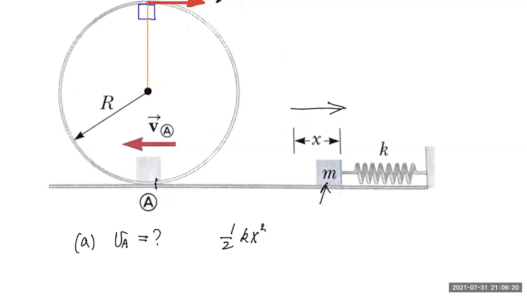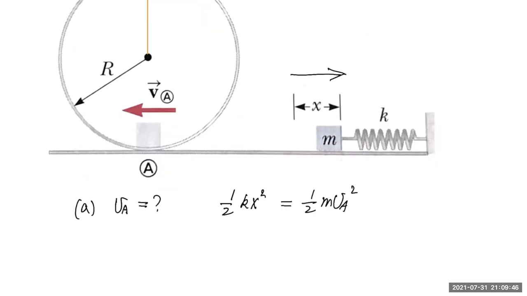It doesn't really matter, so we're just going to ignore that, because remember, what's important is the change in potential energy. And as far as the gravitational potential energy is concerned, it doesn't change going to point A. Therefore, I'm going to ignore that. So this is the initial energy, that's all there is to it. The final energy, when it reaches point A, is only what? Kinetic energy, 1/2 m VA squared. So you can easily find VA now. Piece of cake, VA equals the square root of